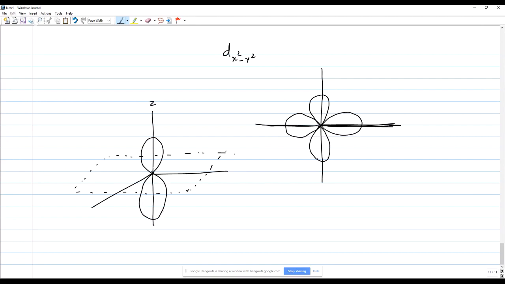Sorry, these both are equal in size. They are both equal in size. Very poor drawing, but it's okay. You will understand that these two are identical. And then you have a ring that goes tangential to the